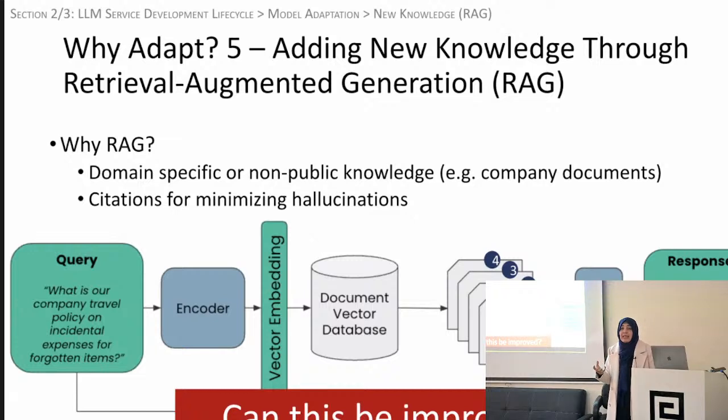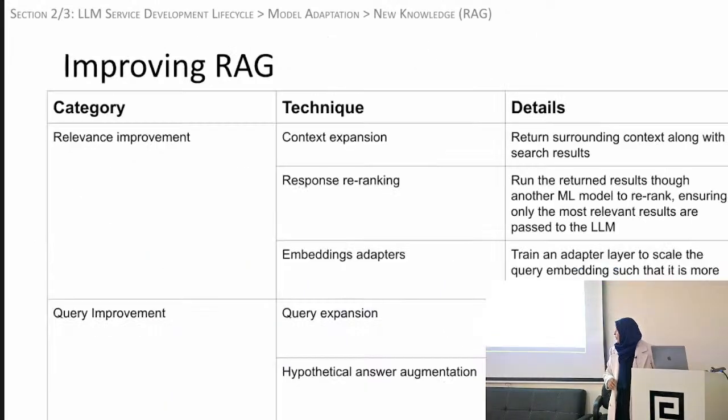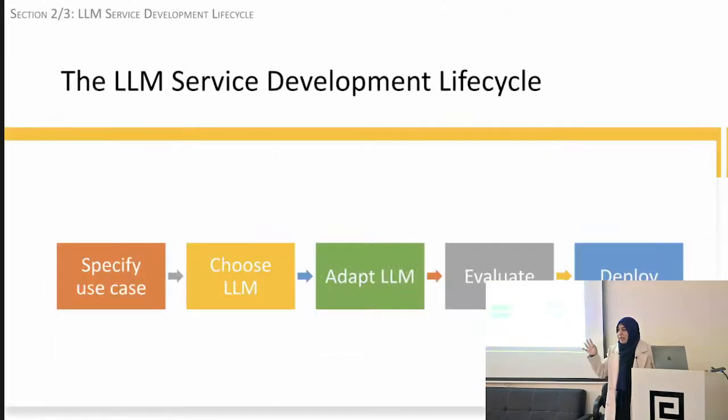So you can ask an LLM for help in refining that query or expanding that query. And the second thing that you can improve is this relevance over here. That's the second main component, right? How relevant are the documents that are being retrieved? So you can add additional machine learning models here that you can train such that it gives you more relevant documents. So that's just the very high level idea. I think that's all we have time for right now. But I'm happy to discuss later if anyone wants to.